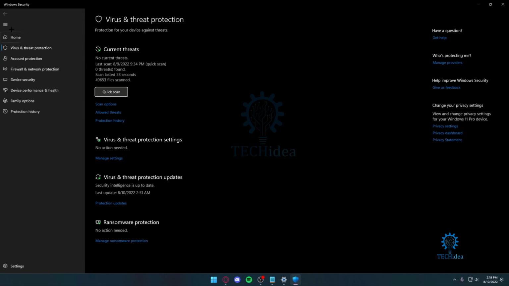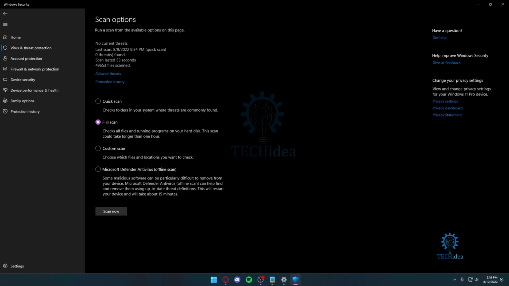So if there is a virus on your computer and you don't know where that virus is, go over to the scan option and you want to do a full scan. Now a full scan is going to take longer, and by that I mean it can even take longer than an hour depending on how much you have. So just go over to full scan and then you want to press on scan now,